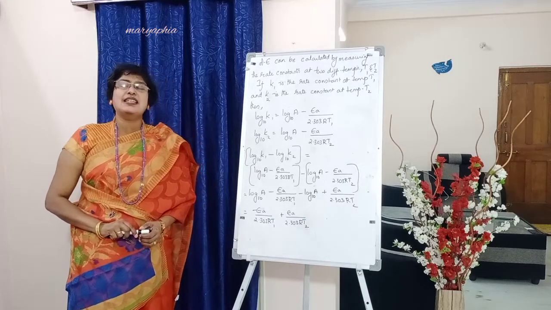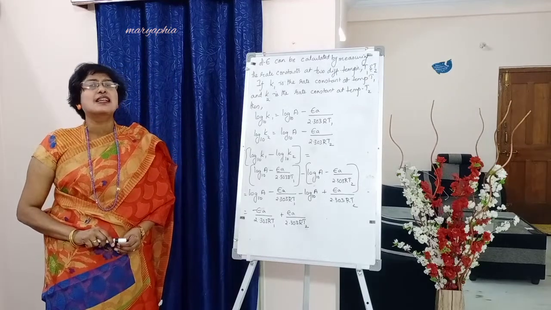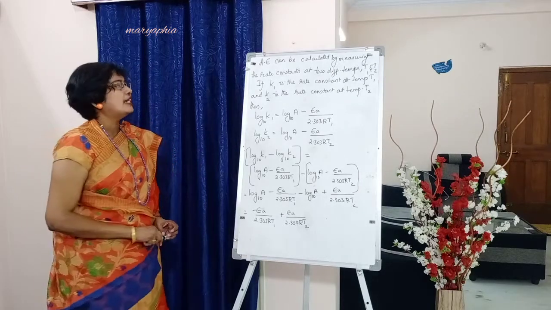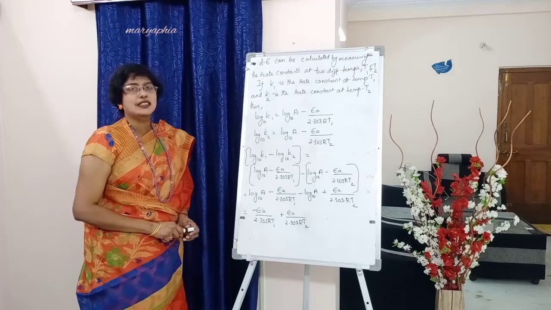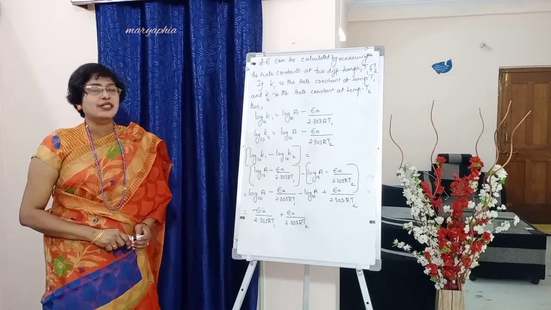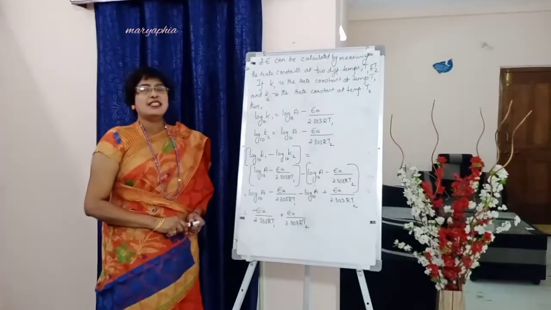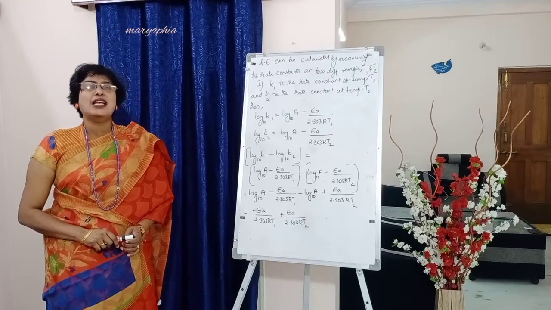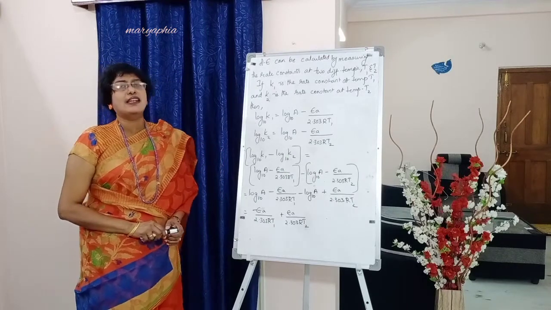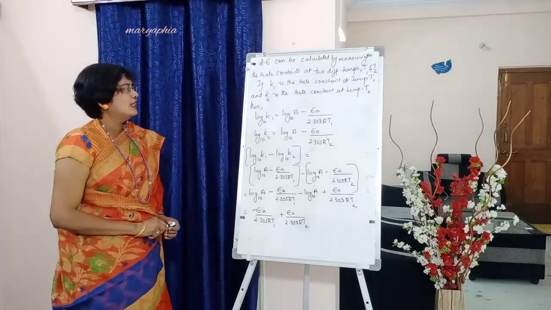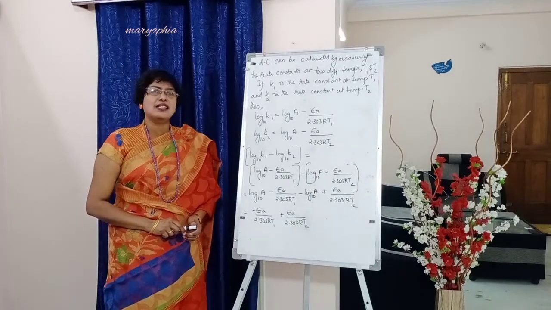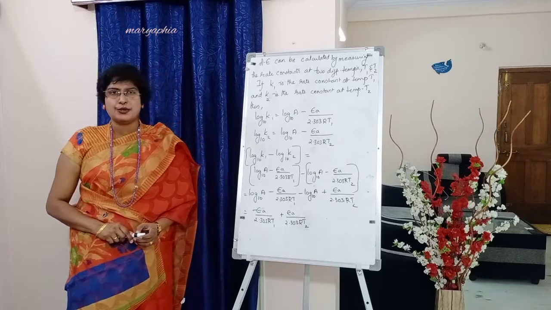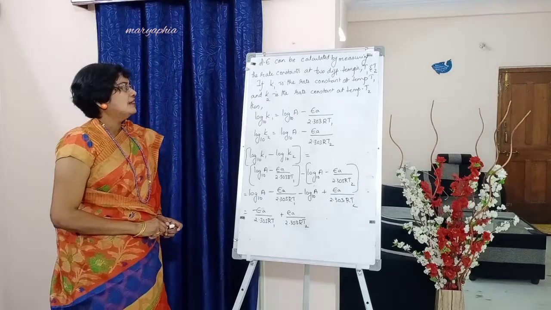So let us consider two different temperatures as T1 and T2. Now how to do this? Below write down. If K1 is the rate constant at T1 and K2 is the rate constant at the temperature T2, then